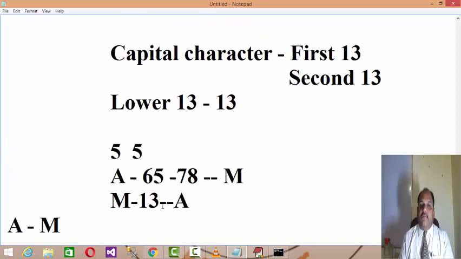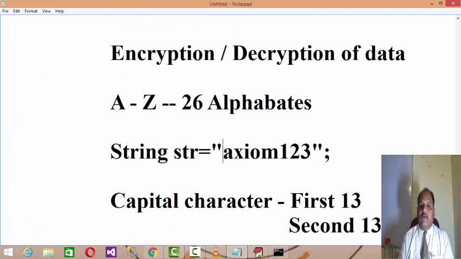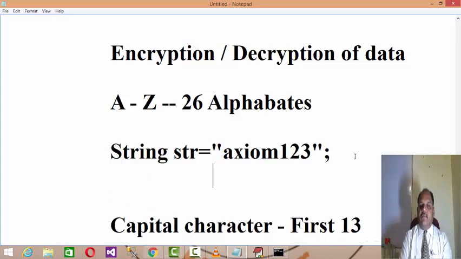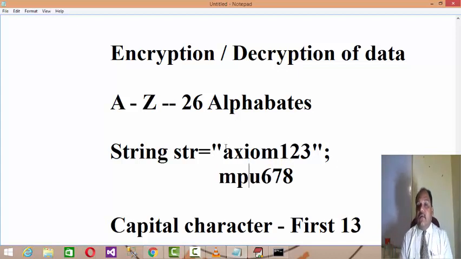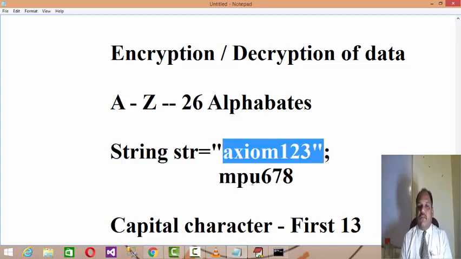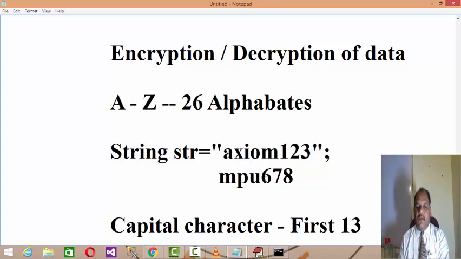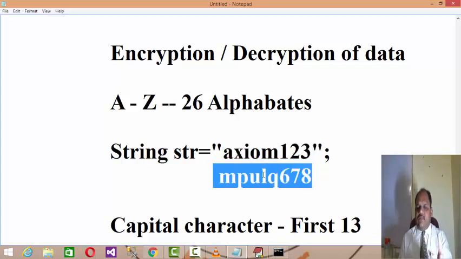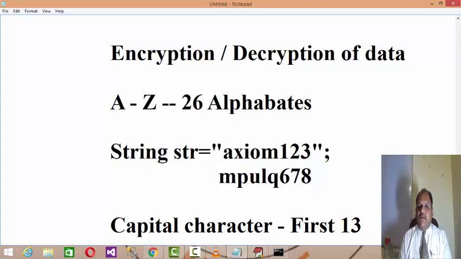So for a string like axiom 1, 2, 3, you may get something like M, P, U, L, Q, 6, 7, 8. I'm just taking random characters over there.